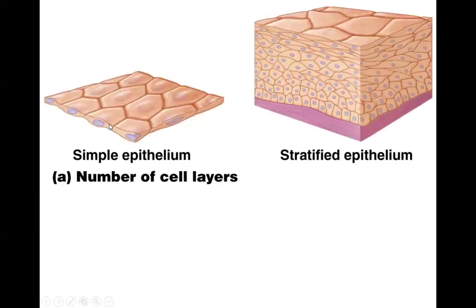There we go. That's simple epithelium. They're all touching the basement membrane. But stratified, you see one layer touching your basal lamina. You see it right here. But the other ones are on top of each other. There is actually a third type that they don't have in this book. It's called pseudo-stratified epithelium. In pseudo-stratified epithelium,